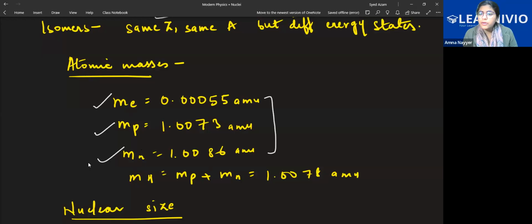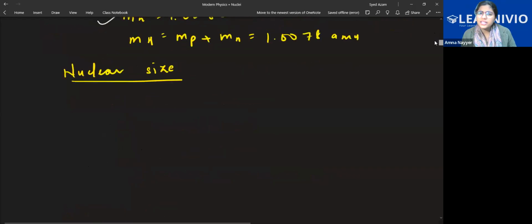Remember these three, because in a few questions I've seen that these values are not given, but they are utilized, especially the mass of proton. So what you can do is remember these, but yeah, a few questions have these listed also. So to be on the safer side, just remember the values, especially the mass of proton and mass of neutron. These two are involved. Okay. These are for hydrogen. So for different elements, it will be given.